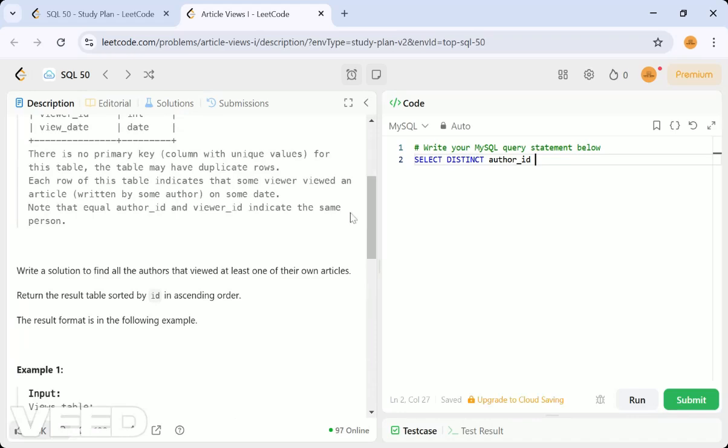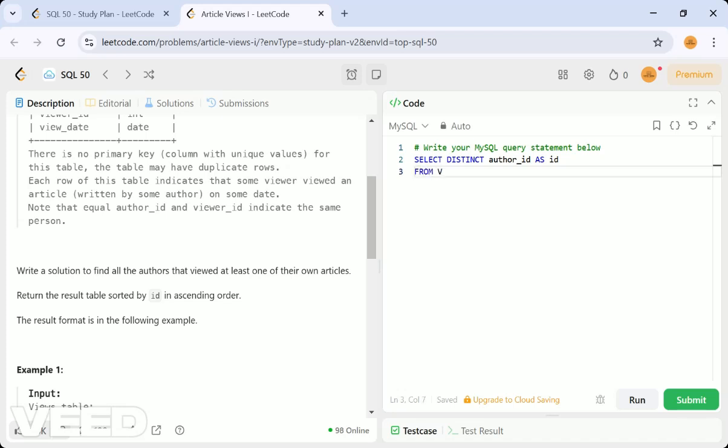Here also in the question statement they have mentioned to find all the orders, with sorting done by the id, right? So let me have an aliasing name. For aliasing we have to use as, though without as we can also write. So author id as id, we have to take from the table which you have given.